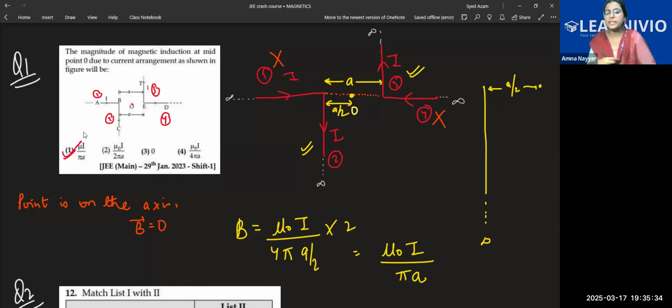Yes. Basically, we are left with only 2 semi-infinite wires, because on the axis it is 0. Why is it 0 on the axis? Because when you apply Biot-Savart's law, sine theta becomes 0 degrees, which is equal to 0. That's why we don't write it. And the 2 semi-infinite wires will give this sum. Okay. And if you want to find the direction, you can find it. For this, it will be outwards. For both of them it will be outwards. That is K cap. Please write this.